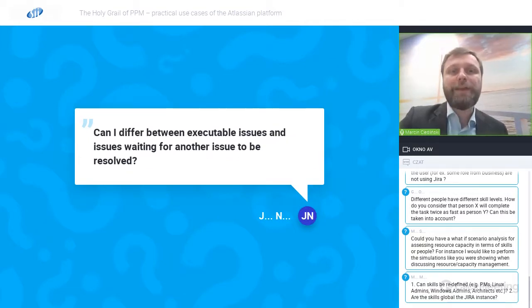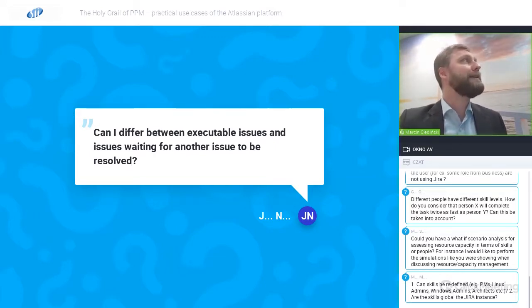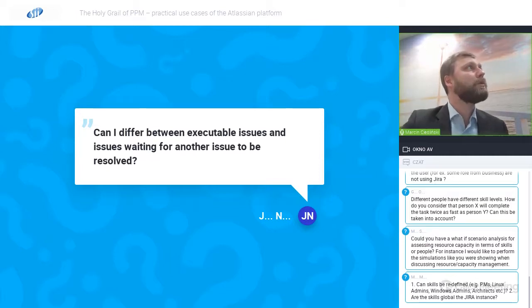Can I differ between executable issues and issues waiting for another issue to be resolved, Jürgen? Yes, I can easily see those when I go to my big picture Gantt to understand the issues that are executable, so nothing is blocking them, right? So let me go to that